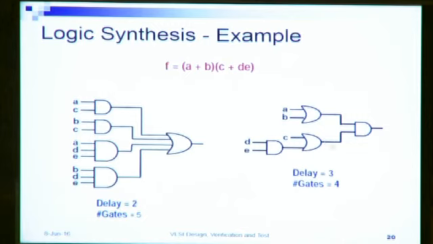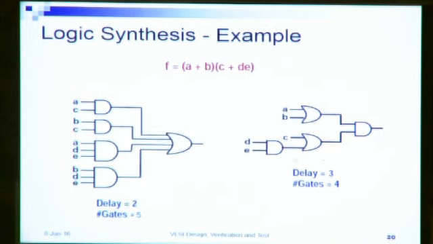Now that same function can be implemented as follows. So we have AC. If you just break this up, we will get this, and the same function can be implemented as follows. And we see that there are two stages in this circuit, and so the delay of this circuit is 2. So what we have is a lower delay realization of this Boolean equation.